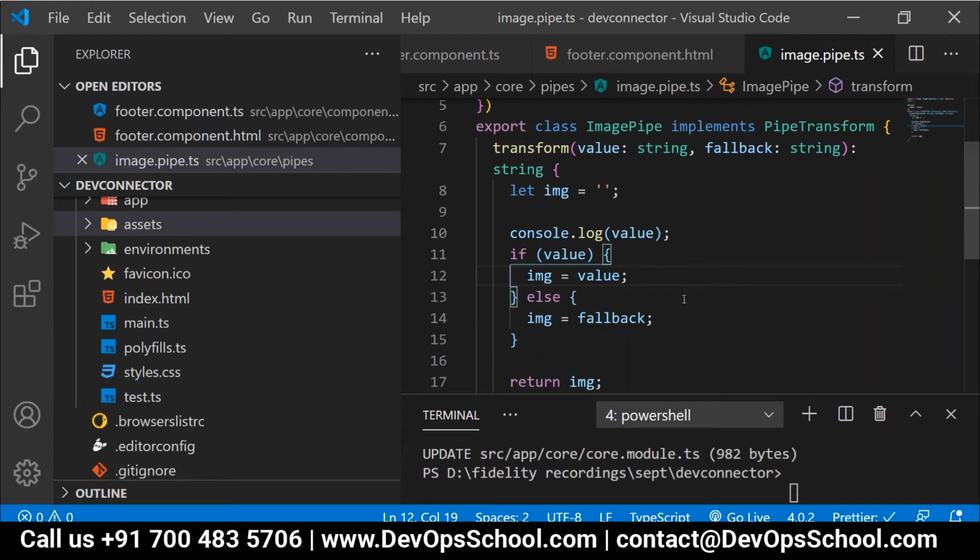People, is there any need to explain this if else part? No. Now, what does it mean? If this first value is not available, correct, then it is setting a fallback value to the image or not? Agree, everyone?